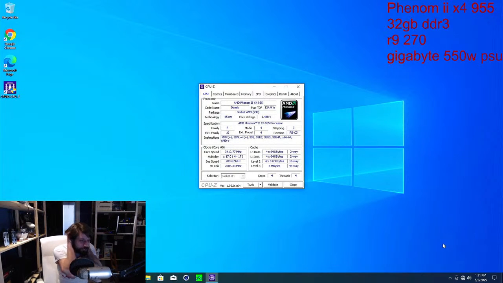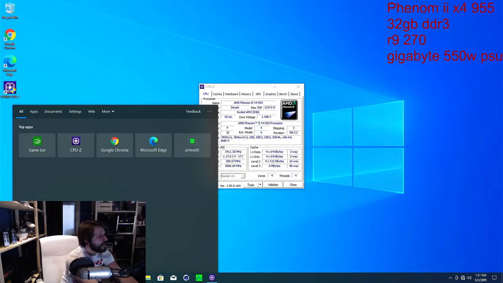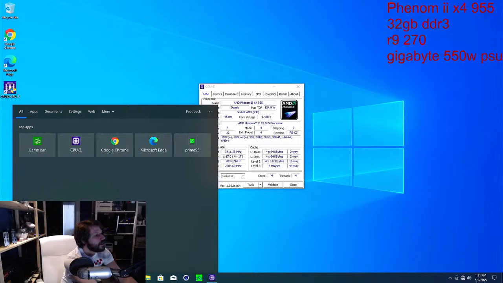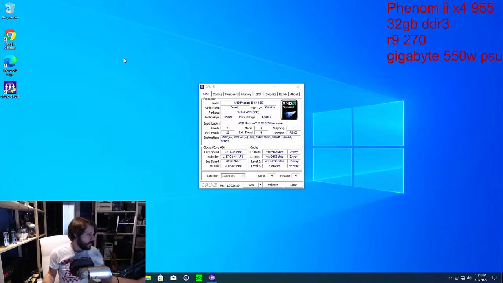How am I supposed to... How does it expect me to... Do I have any, like, Core Temp or anything? Nope. That's all of the programs I have. What is Game Bar? It's all the programs I have on this computer. So,